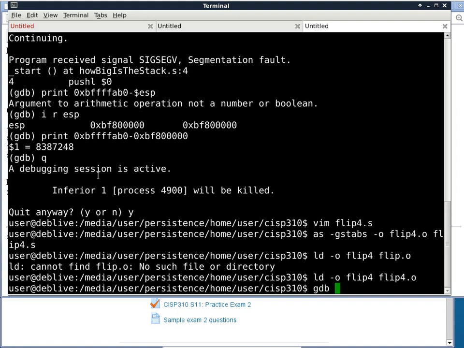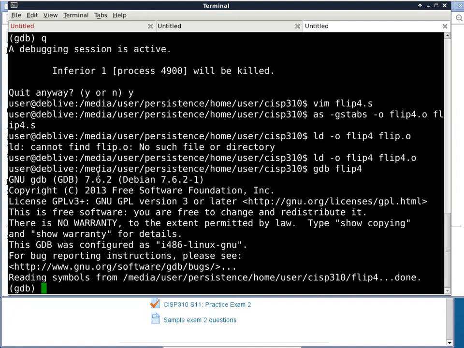All right, so let's do a GDB flip4, and well, I didn't specify a file, so let me just go ahead and specify a file first. Now, instead of getting out of GDB and then doing the Vim and then coming back in again, you can actually use the exclamation point to shell out. In other words, after the exclamation point, you can run just about any commands just normally as on the command prompt. So this way, I can go ahead and use Vim to edit my input file, the test